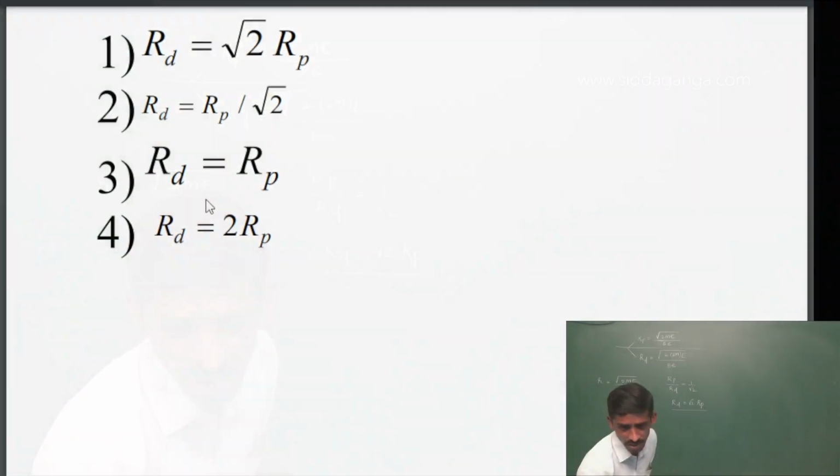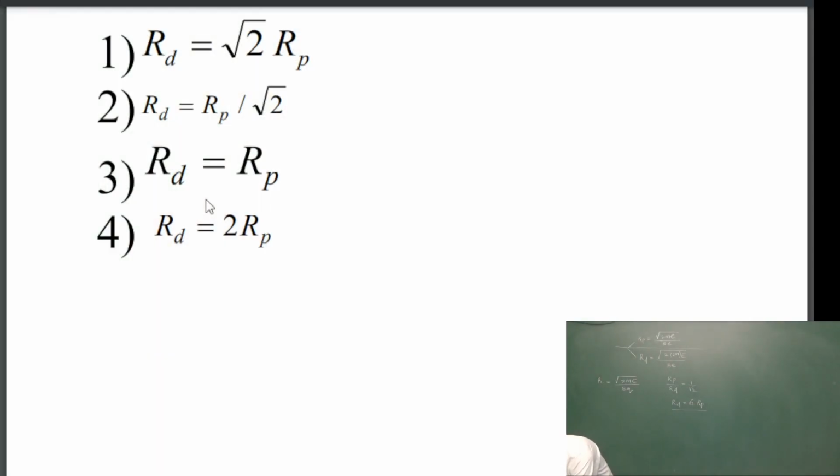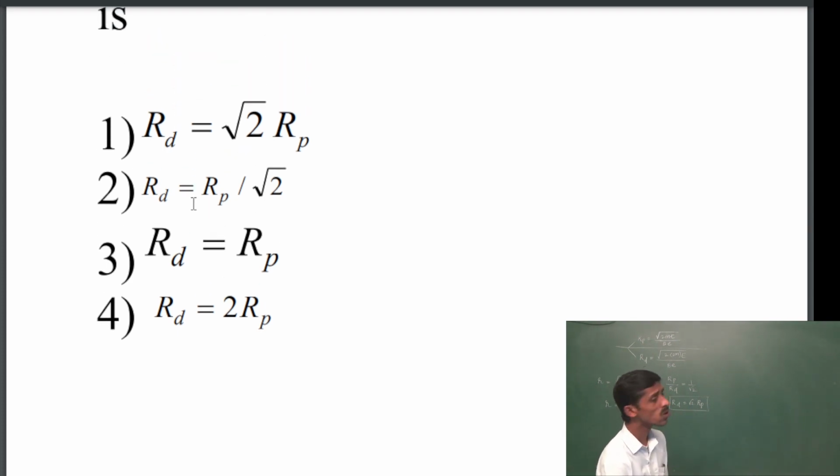So if you see the options, the first option says the radius of the deuteron is 2 times. Why? Because its mass is 2 times the proton, but mass is under the square root. Look, energy same, charge same, field same. R is directly proportional to root m. For mass m, R; for mass 2m, root 2 R. So root 2 times. See the first option: rd, the radius of the deuteron, is root 2 times the radius of the proton.